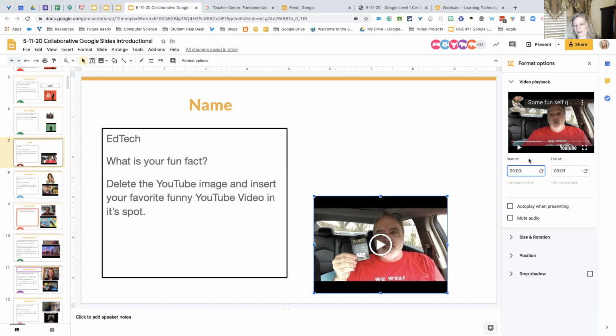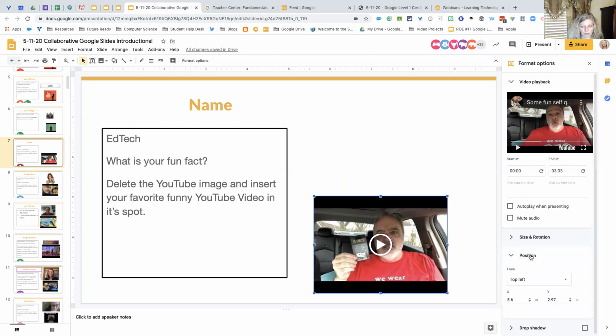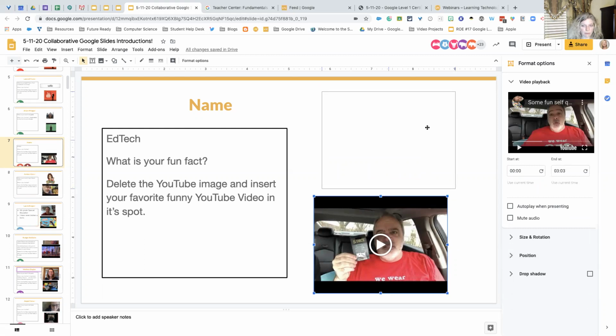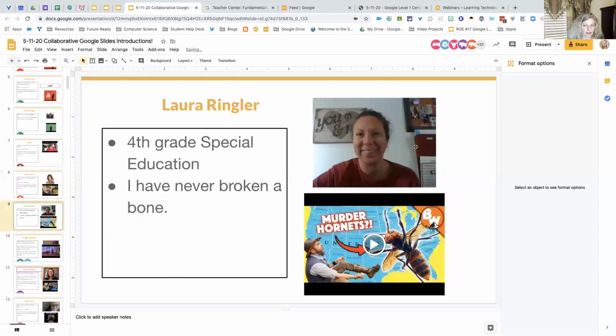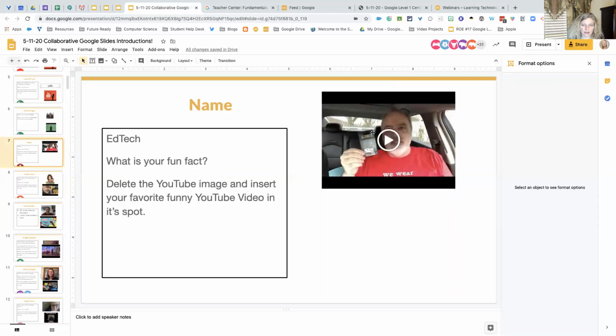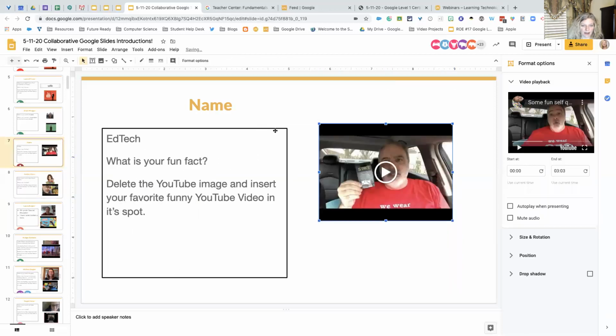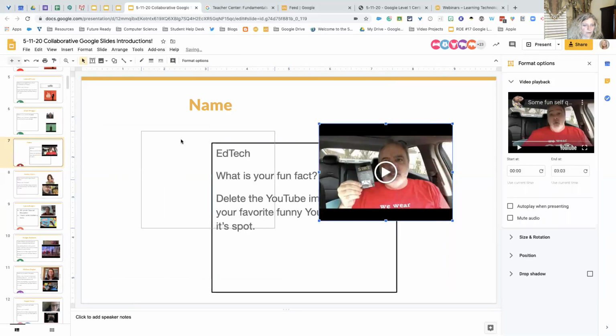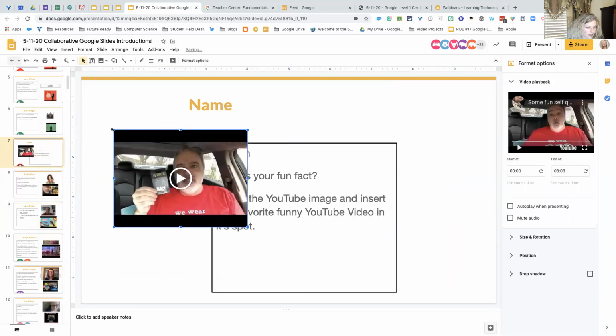I've got some other formatting options here. I can autoplay when presenting. I can mute the audio if I just want the video to play with no audio. Again, I have some other options here. All I have to do is click on it, and then it brings a drop-down box. I can move this around anywhere on the page. Whoops. So I can move the text boxes. All I'm doing is clicking on it, and do you see when I click on it, I've got the blue